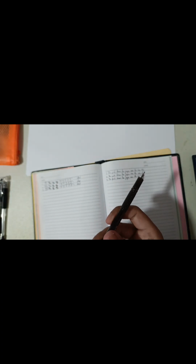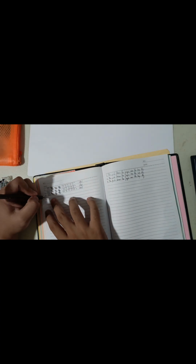It's got a fine tip. I'm assuming this is either 0.5 again or 0.7. It looks pretty big though. I think it's a 0.7. Anyway, we're gonna speed run a bit of the tests here, so we're just gonna quickly go through all of them. Line test, zigzag,